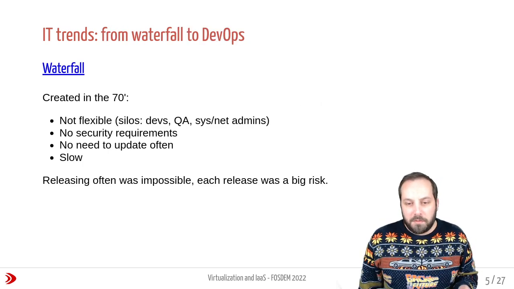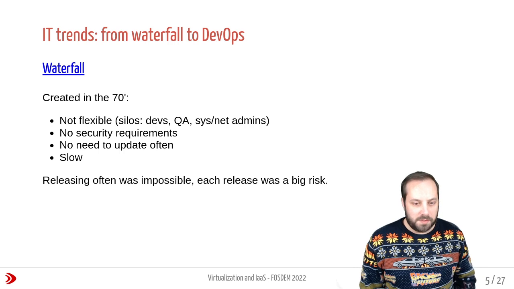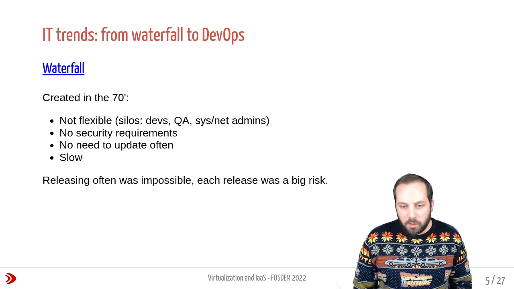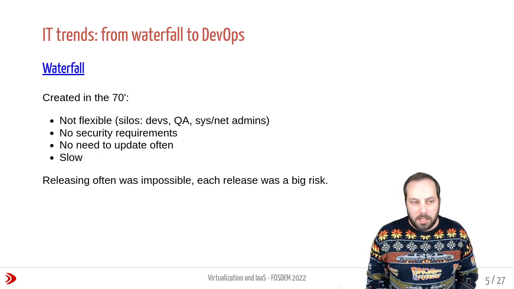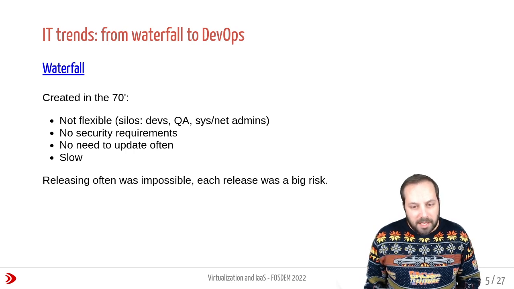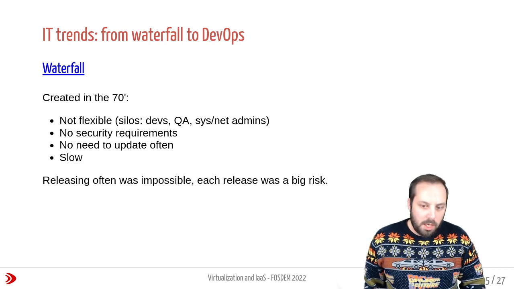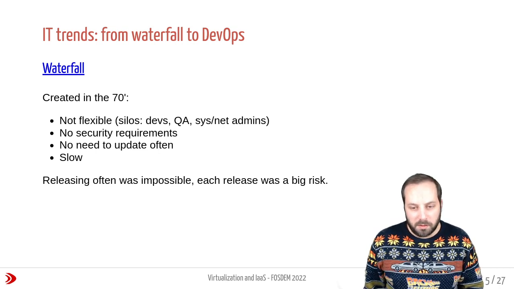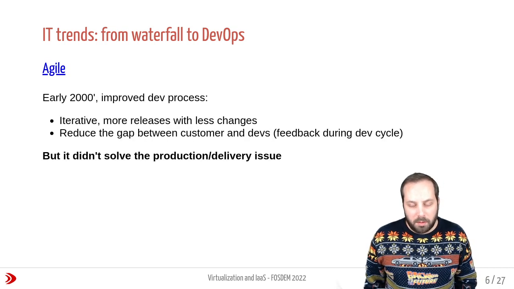So the big thing that started in software development, and for sysadmins and users of virtualization platforms, matters a lot, because the way software is done and distributed will have an impact on the way we'll operate it. So in short, the old model, you probably know all of this, is a waterfall model, which is not really flexible, and you got silos, teams working in their own offices and not really talking to each other. Release cycles were very, very long, and then you got a lot of QA and back and forth and so on and so on. And because of the limitations of this model, we switched to the agile model in early 2000